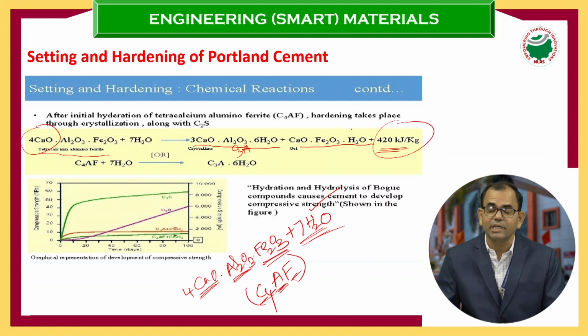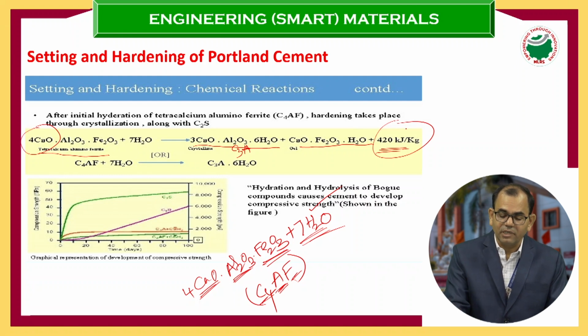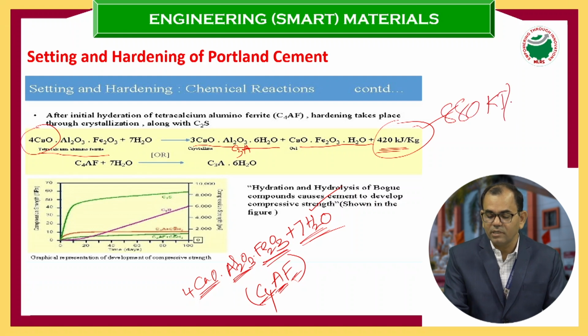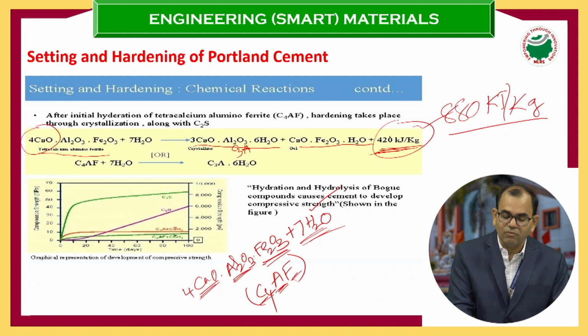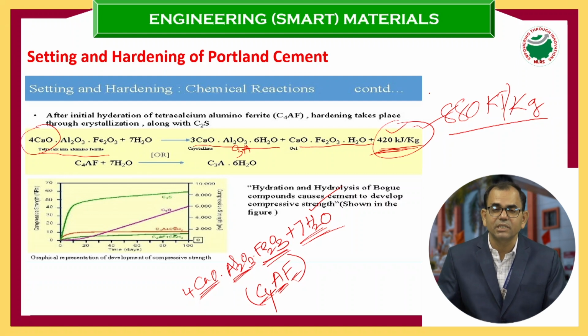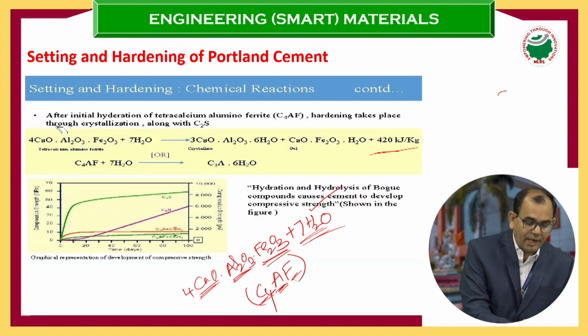And how much energy is released in this? 420 kilojoules per kg. Okay, a little less than half of the earlier reaction. In the first reaction, it was 880 kilojoules per kg. Now it is more or less half of that. So in this reaction, 420 kilojoules per kg energy is released. That means it is also an exothermic reaction, which is nothing but an energy release or heat release reaction. Okay, and